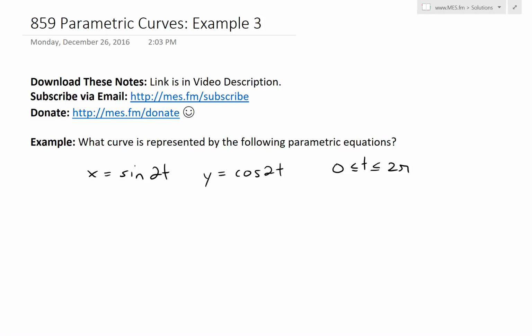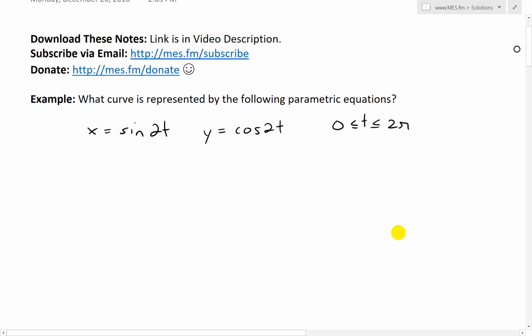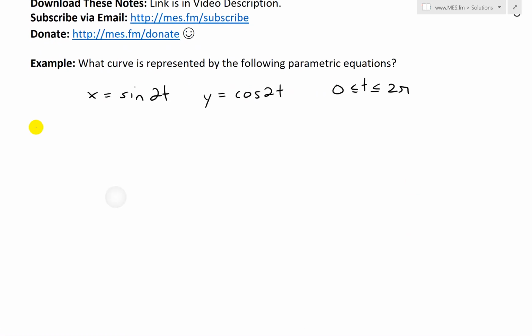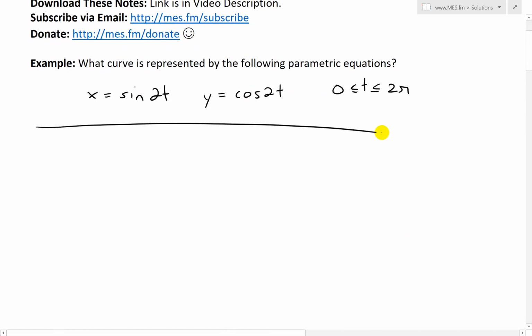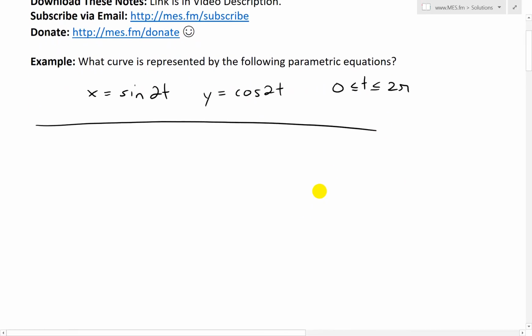Time to discuss further into parametric curves and now go over example 3 of the example series. This time, solve this example, which states: what curve is represented by the following parametric equations? We have x equals sine 2t, y equals cosine 2t, where t is between 0 and 2 pi. So to solve this, just like in my example 2 video, what we'll do first is